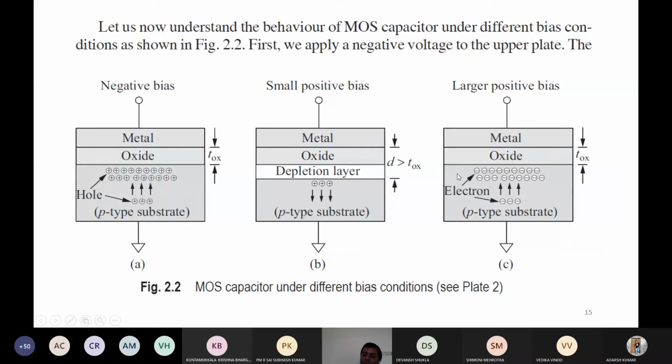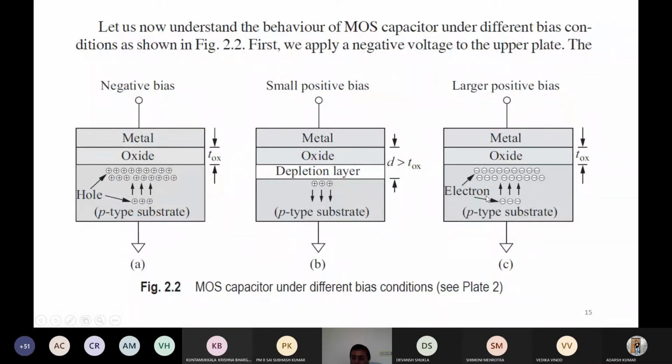This is a MOS capacitor, but if the side n-plus region is the source and the other side n-plus region is the drain, then there is a possibility of conduction between the source and drain. That is the basis of the flow of current in the enhancement mode MOSFET, that we will see. So this is the situation of the MOS capacitor. In the MOS capacitor, we have seen three regions of operation: first accumulation mode, second depletion mode, third inversion.